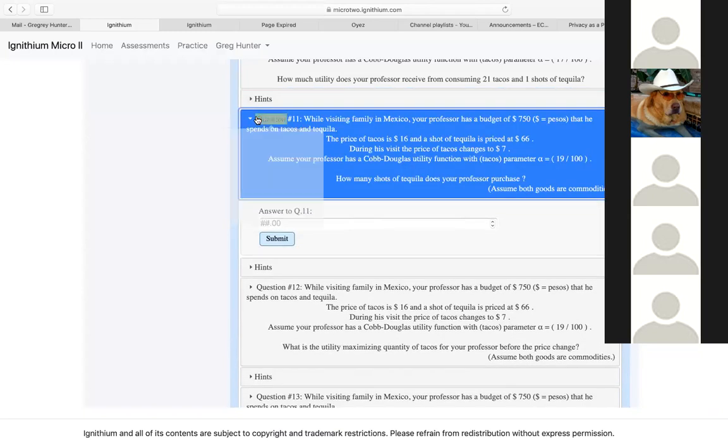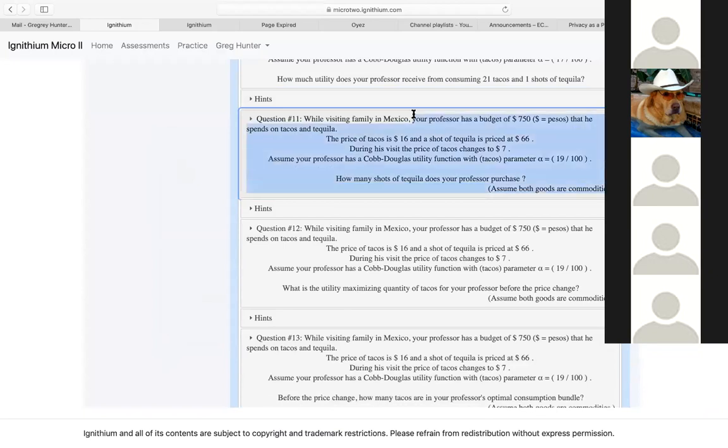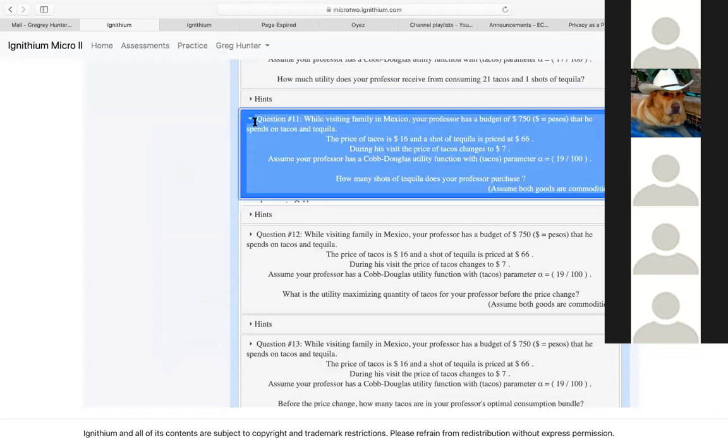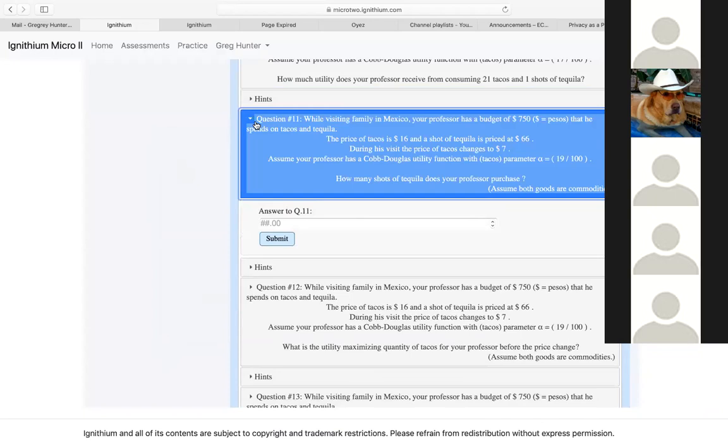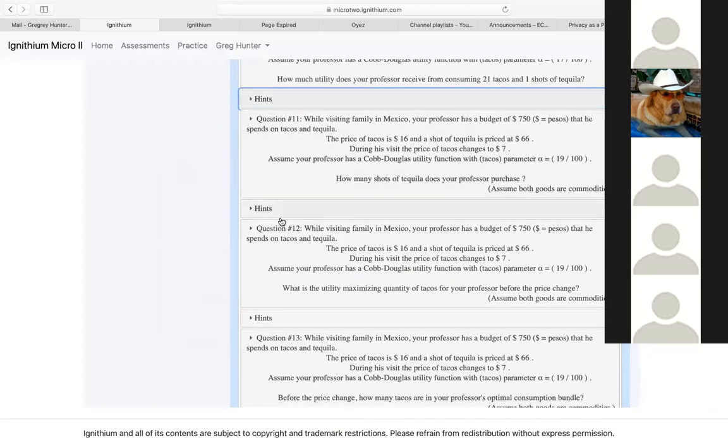So I'm assuming Arslan and Tian Hui that you all don't really have a suggestion for how to solve it yet. Is that right? Not yet. I mean, now that we've talked about it, I would assume we need the utility function and then we'd solve for the quantity of tequila. Yeah, sort of, right? But to be more precise,